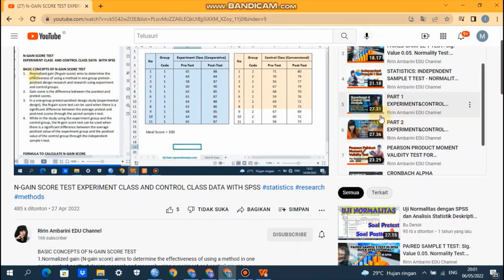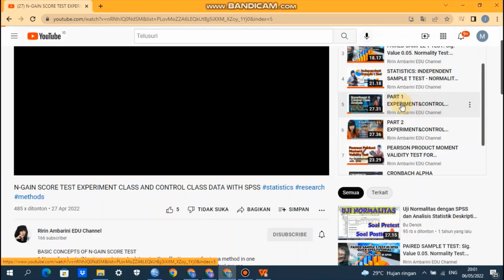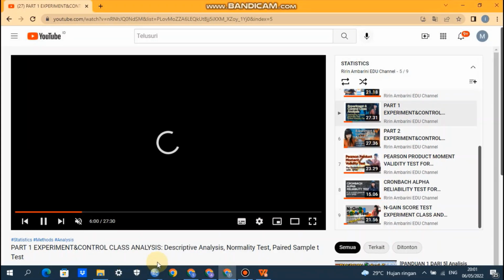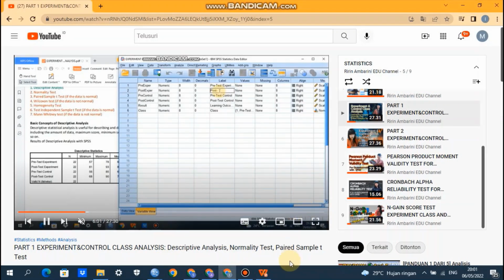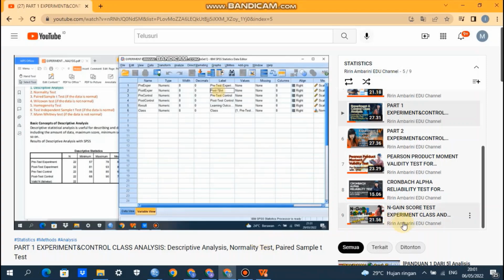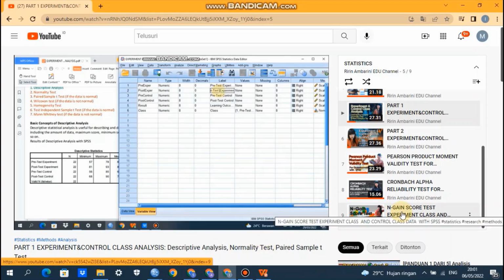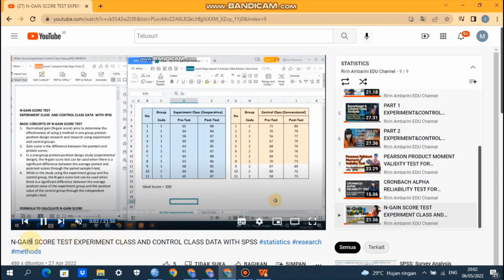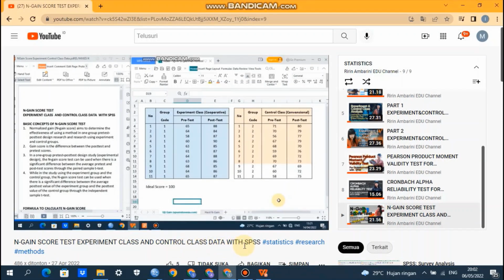Okay, I repeat again. Part 1, experiment and control class data analysis for paired sample t-test. Of course, this one will lead to N-Gain score test, experiment and control class data with SPSS. This one also for paired sample t-test.